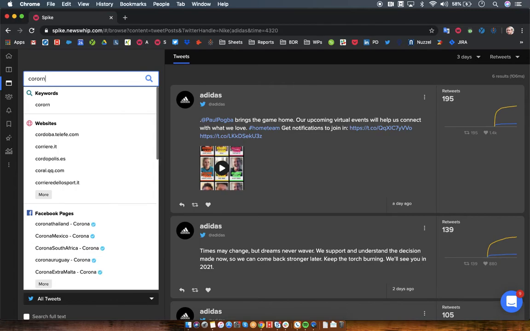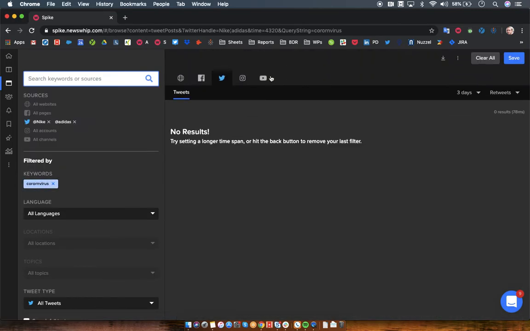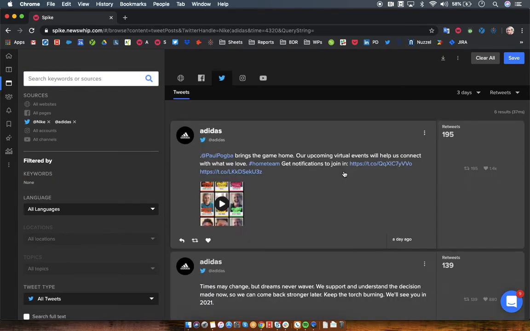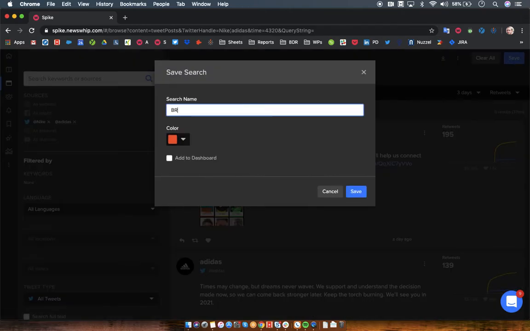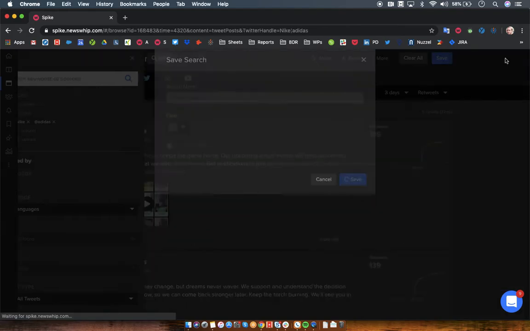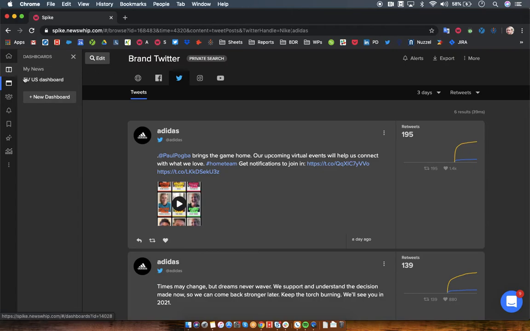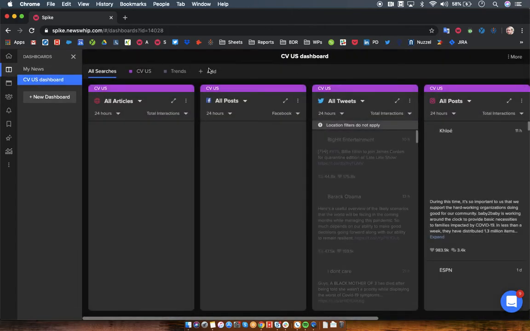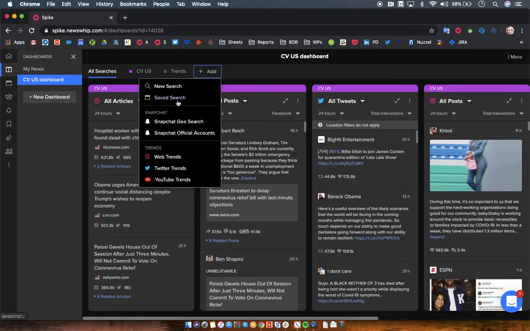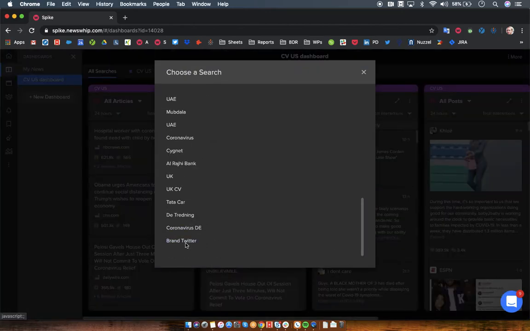So coronavirus. Man, no one's actually said the word, but if we want to look for any type of mentions of this, we can. And of course, we can save this and call it brands Twitter. And now this will be another search that will live here and another search that we can add to our dashboards. If we want to come up here, choose one of our saved searches, we can add a multitude of searches